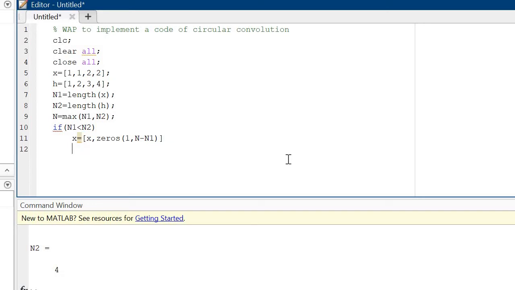Okay, now end it. Again start with the loop.